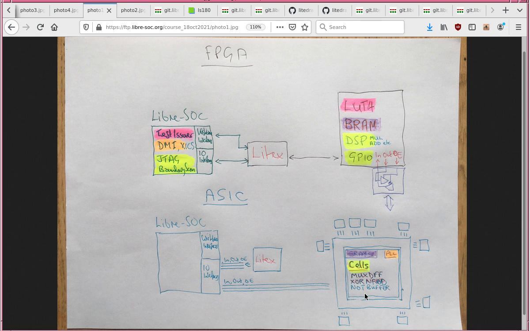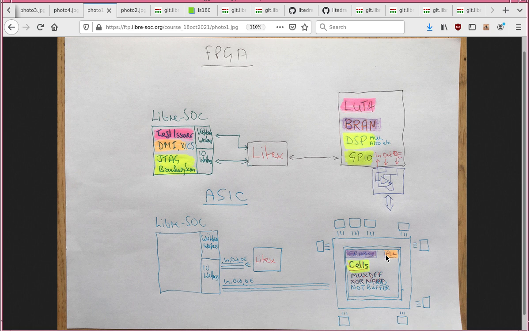Whereas for the ASIC, there's a completely different set of cells: MUX cell, DFF cell, XOR, NAND, NOT, buffer, etc., etc. And even massive things like PLL cell and 4K SRAM cell,